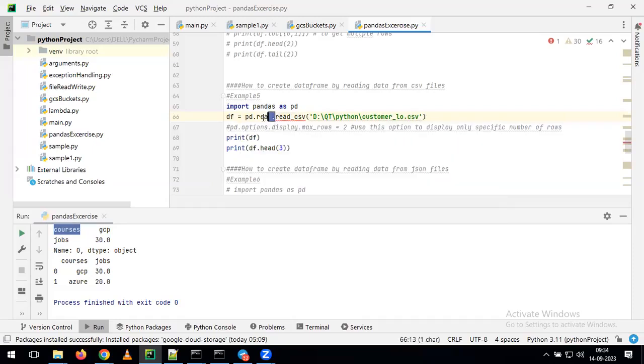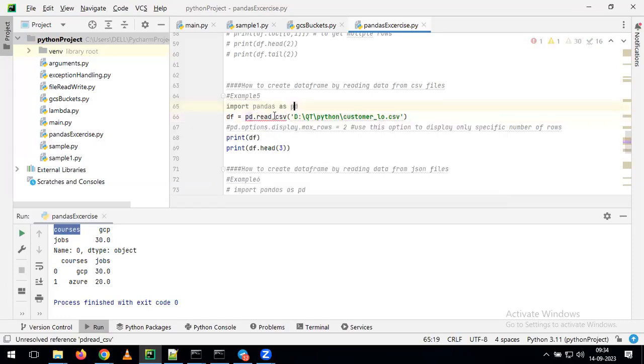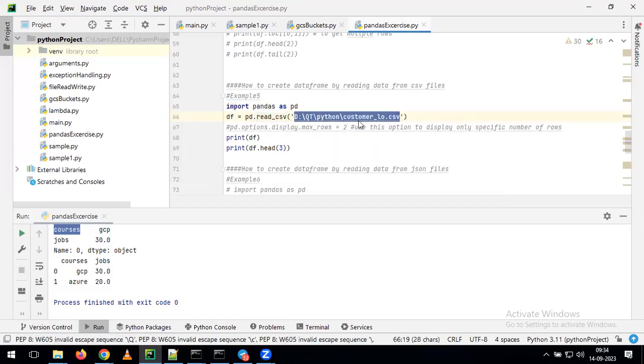Now, what is my requirement here? I want to read data from the CSV file. For that reason, I'm just giving the method called read_csv. With the help of this read_csv method, I can read the data from the CSV file. Now, whenever we are going to use this method, what we need to pass? I need to pass the path of the file. Now, in my system,